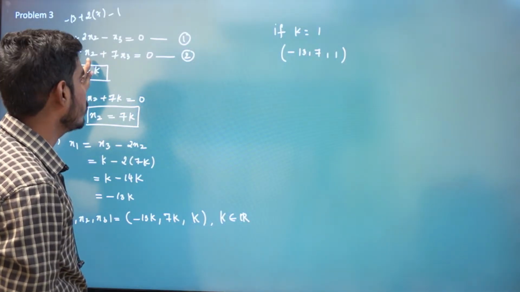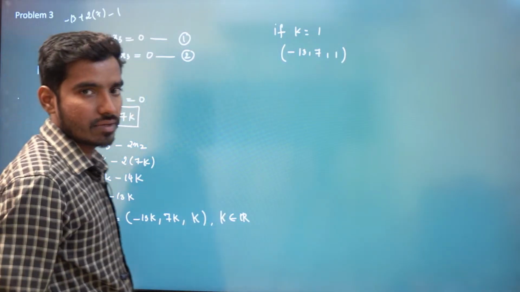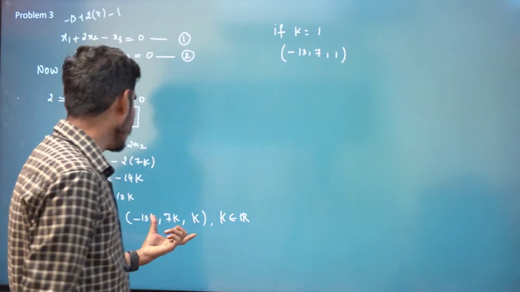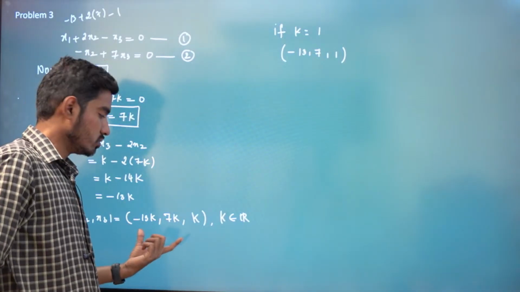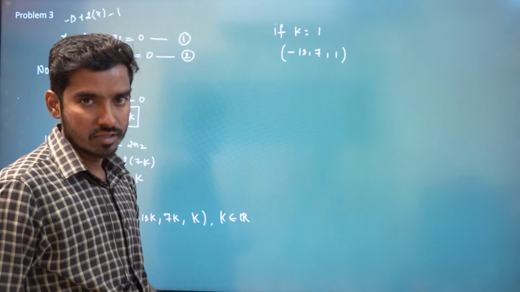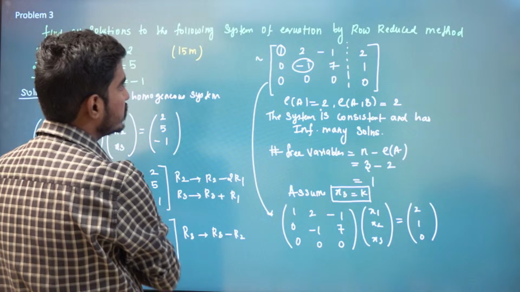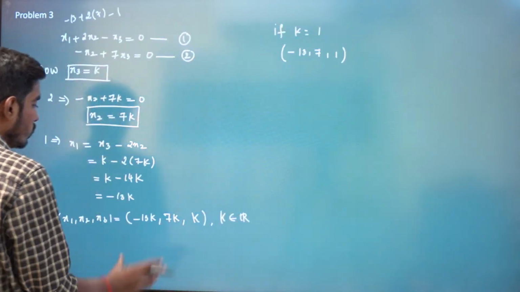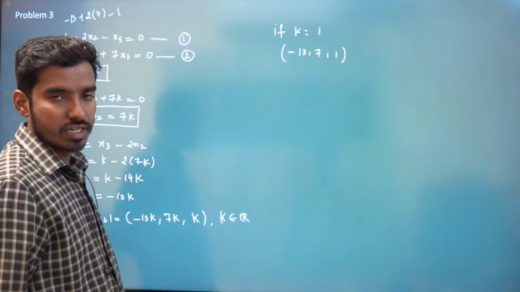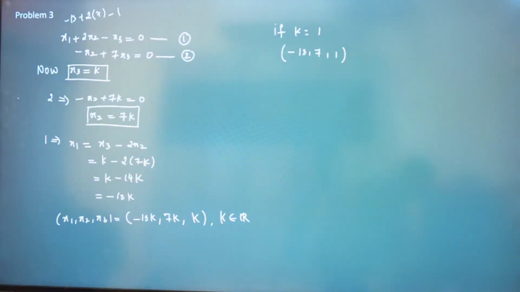So minus x2 is minus 7, minus 7 plus 7 times x3. So minus 7 plus 7 is 0. So that means if you vary k, all these tuples will be a solution for our non-homogeneous system, right? Find all solutions to the following system of equations by row reduced method. Therefore, this has infinitely many solutions. That solution is given by this set of vectors, right? Yes. So now we'll move on to